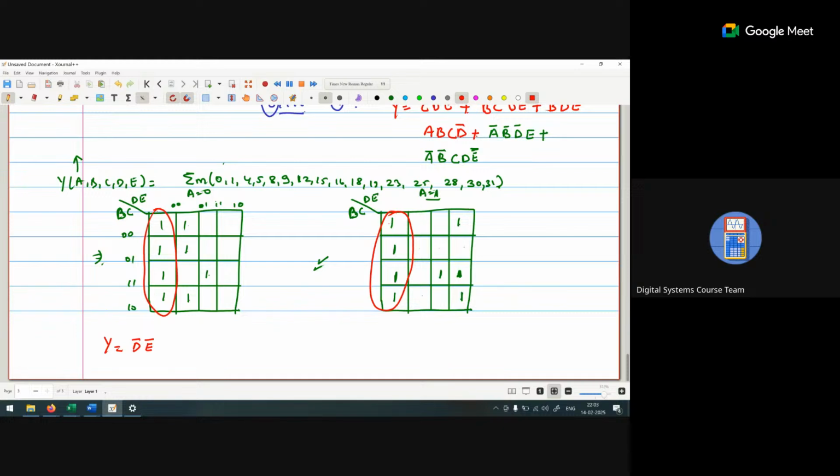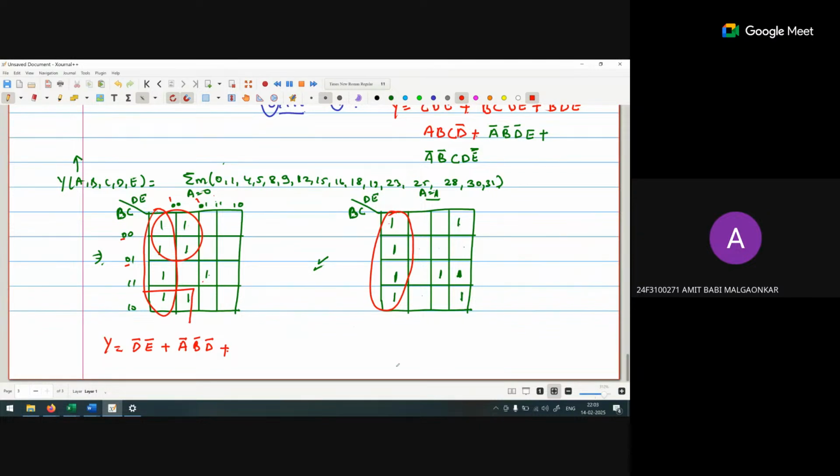This thing. Now the second group is this one. Group of 4. In this particular group of 4, the value of A is also considerable. So the value of A is 0, so A bar. The value of B is also 0, B bar. And the value of D is also 0, D bar. Plus,